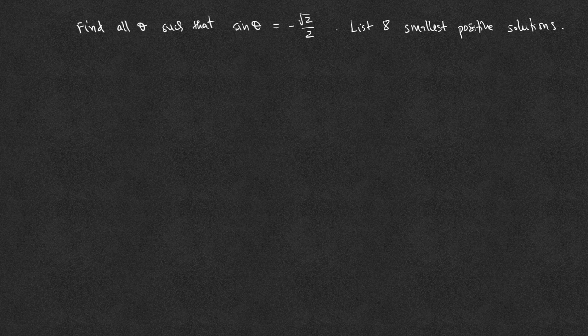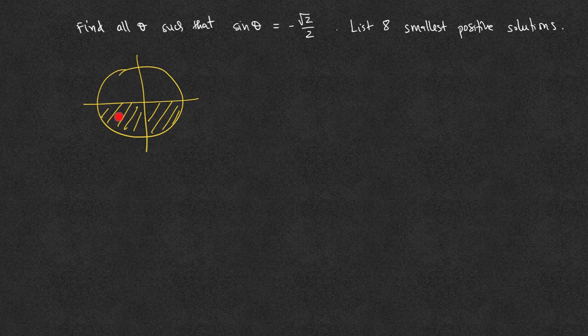Solving a trigonometric equation, we will need to use the unit circle or the table. It is better to use the unit circle. We see the sine of theta is negative only when theta is in the third quadrant or the fourth quadrant. This means the angles that we find have to be in the third and the fourth quadrants, and there are infinitely many of them. Sine of theta is defined to be the y-coordinate on the unit circle,